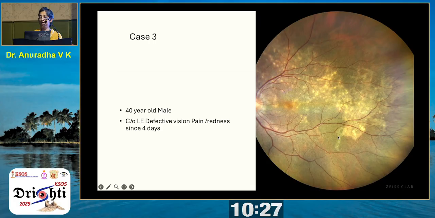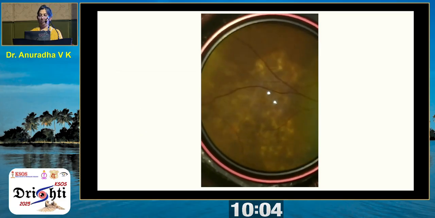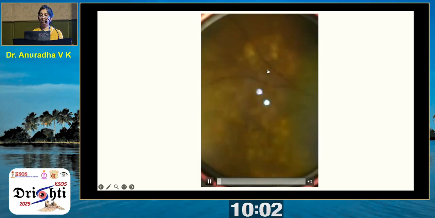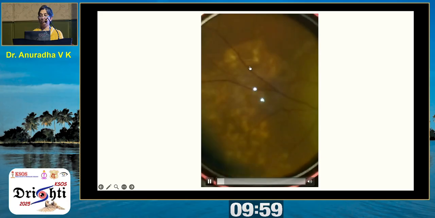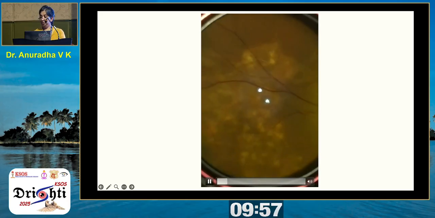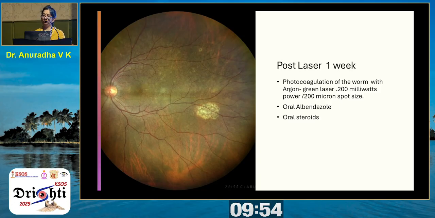You can also see the tracks here. You don't see tracks in all cases, but when you see very small lesions in varied stages of healing and clustering, you should think about DUSN. And if you have an OCT, do run it through the active lesion. These lesions are not in the choroid, they are in the outer retina. So in this case, there is a live worm subretinally. I hope you can see it. So the patient was treated with laser to the worm and a combination of albendazole and steroid and recovered 6/6 vision.